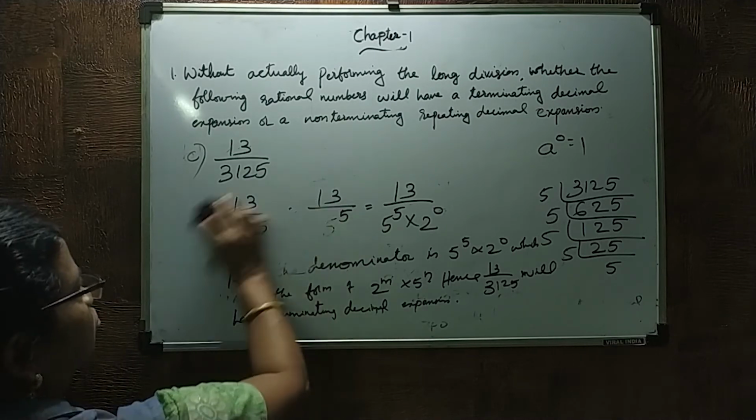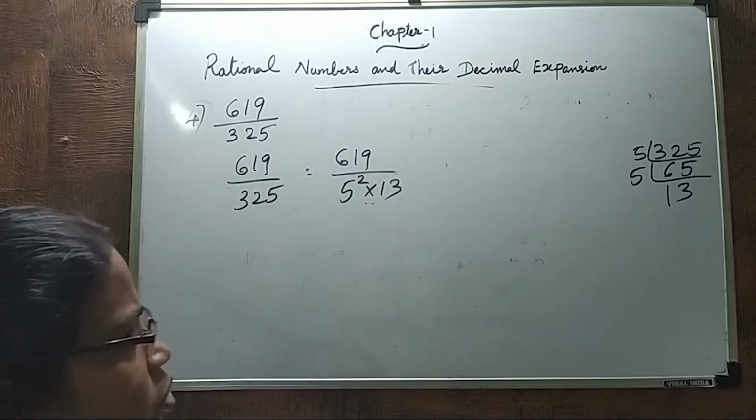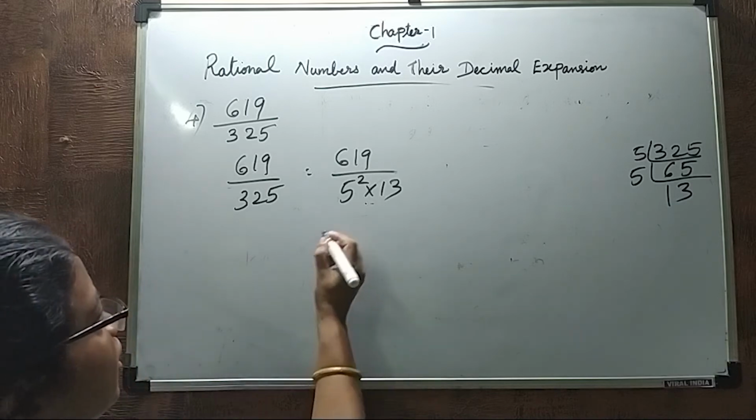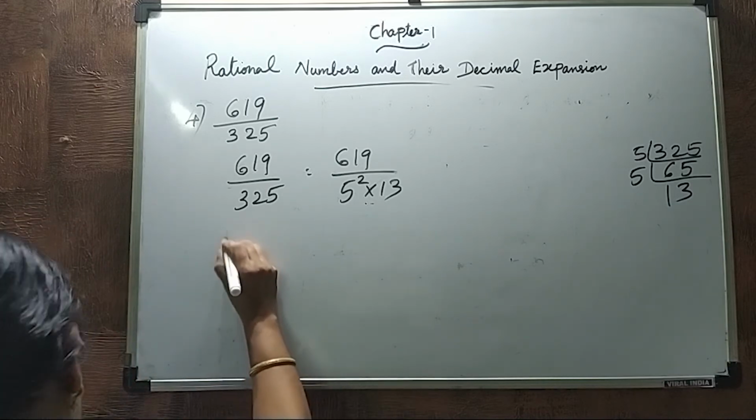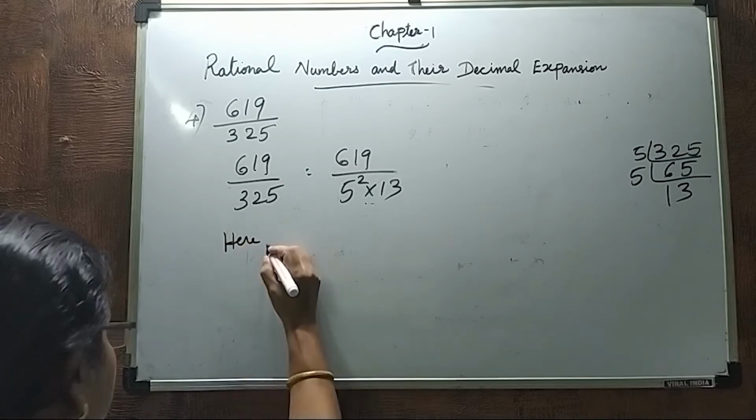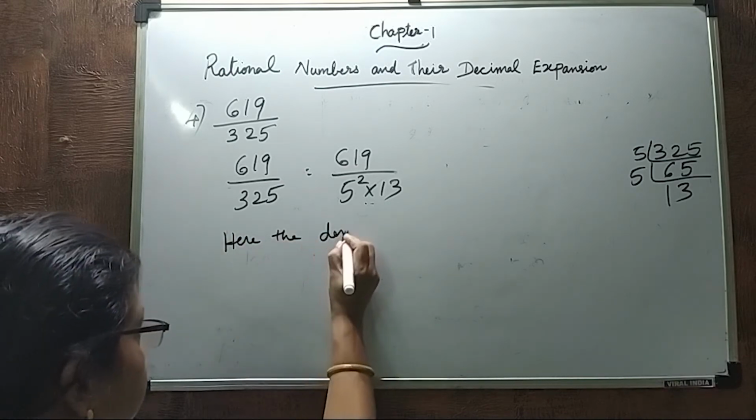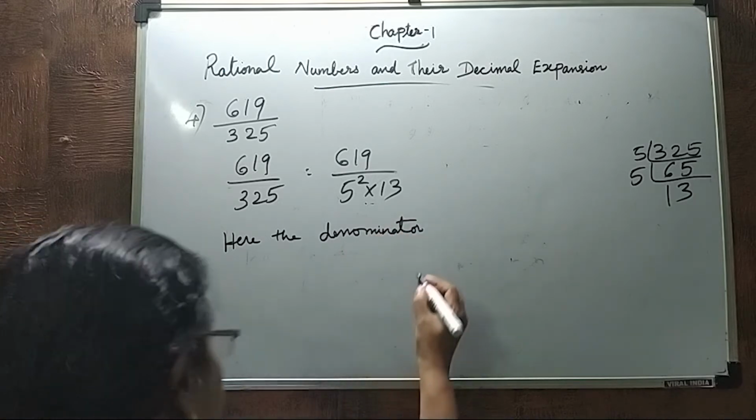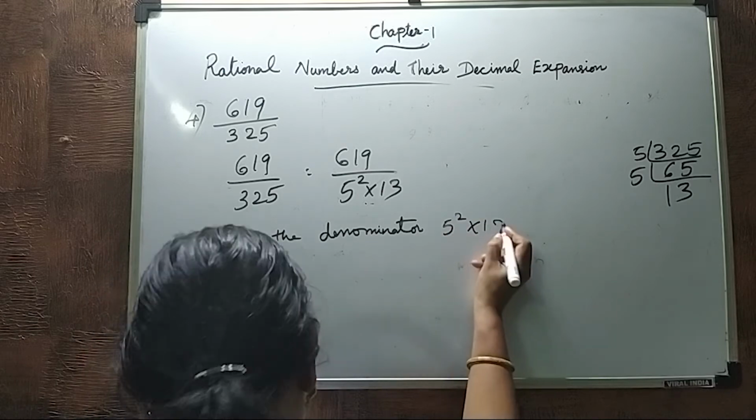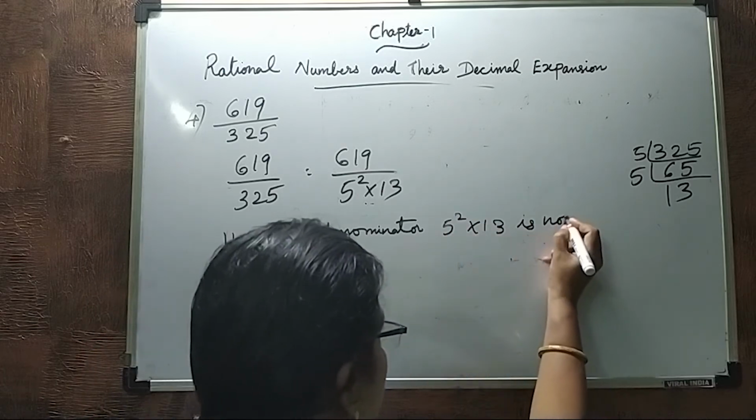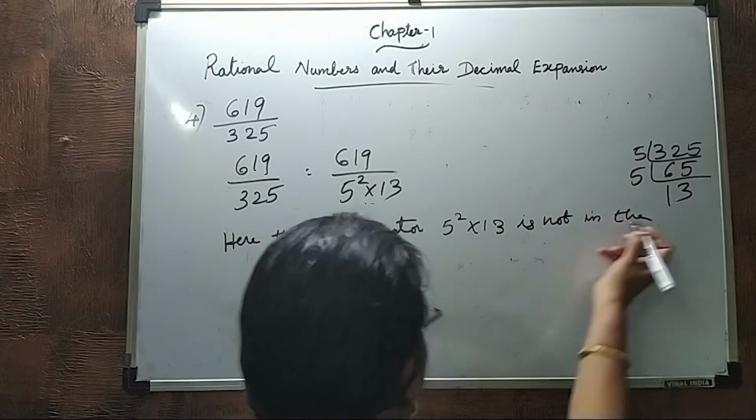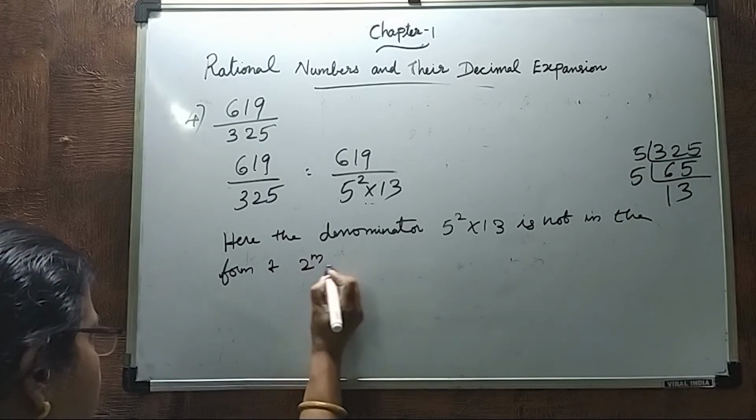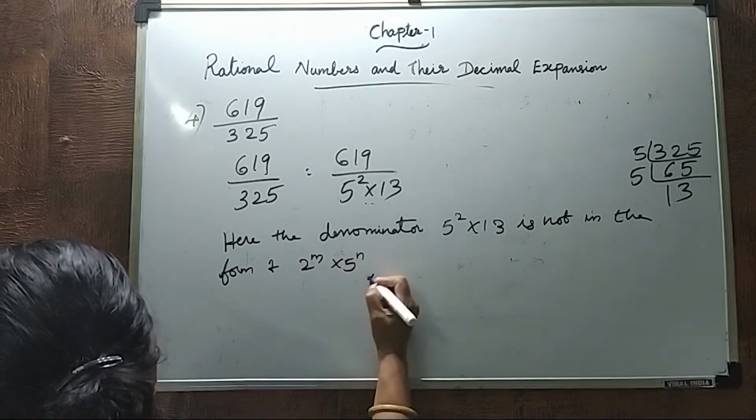So next problem now. Here there is no 2 raised to m. So what can we write there? Since the denominator 5 square into 13 is not in the form of 2 raised to m into 5 raised to n,